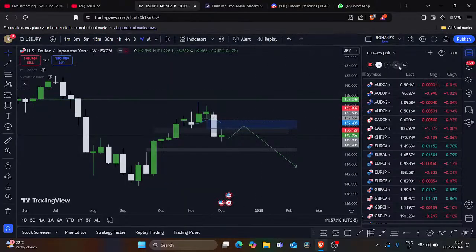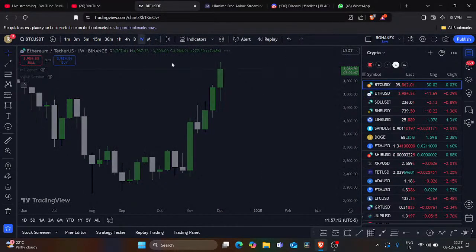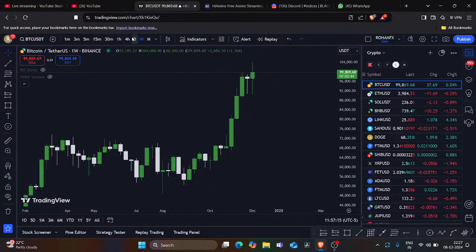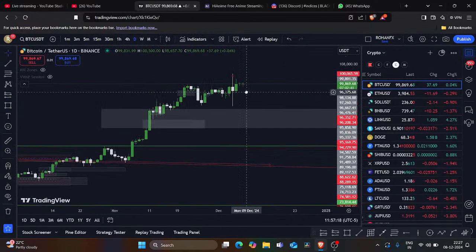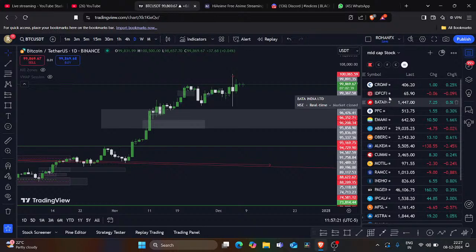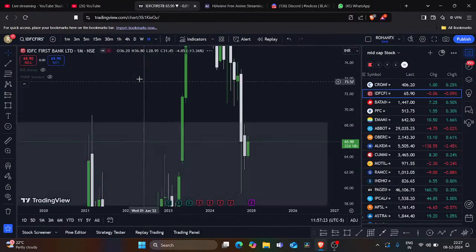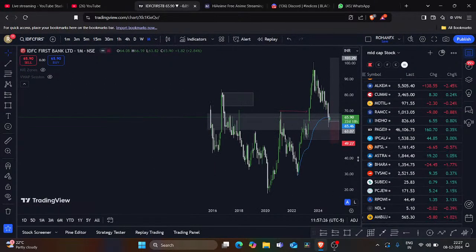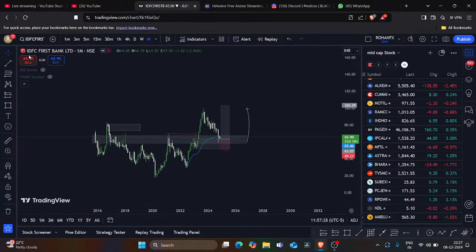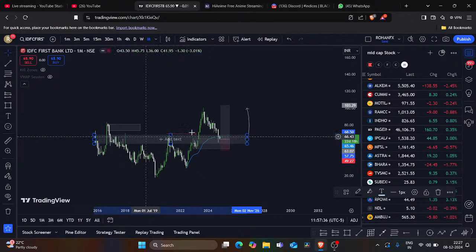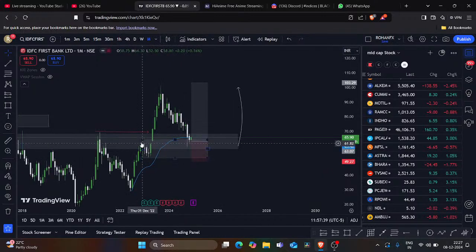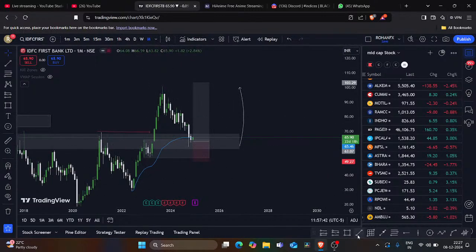And that's it. Next, the crypto market, as of now, is still in the range on the daily. It's still consolidating. So I want to give a stock recommendation over here. As of now, I'm looking at the Indian stock market, at IDFC First Bank, because there's a supply zone over here. It has respected this zone many times. Plus, there's an order block over here. Plus, if you look at this, there's a volume imbalance, and it is respecting that volume imbalance.